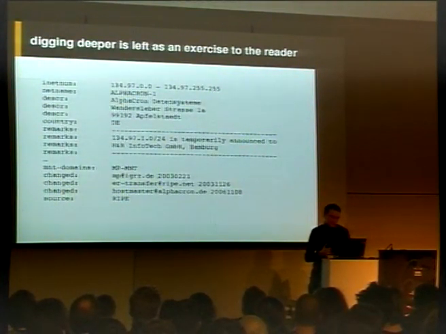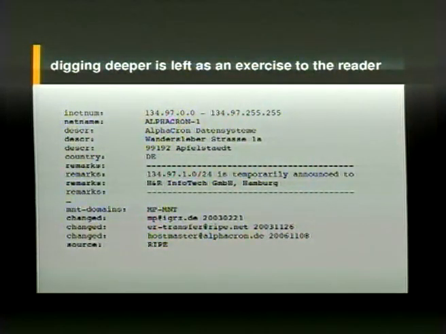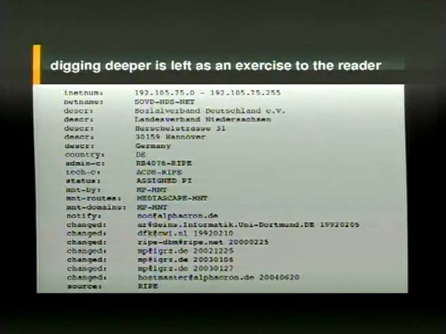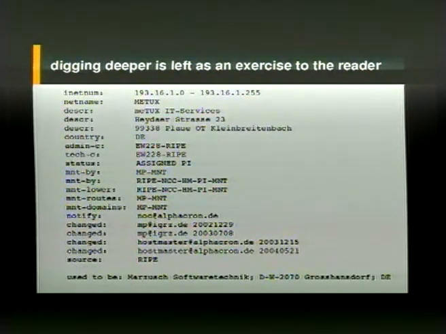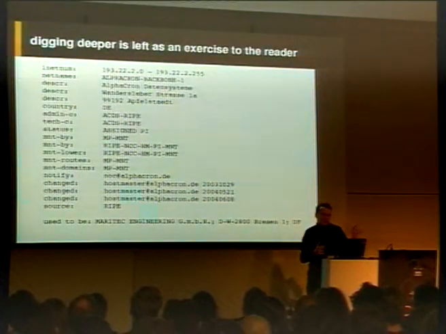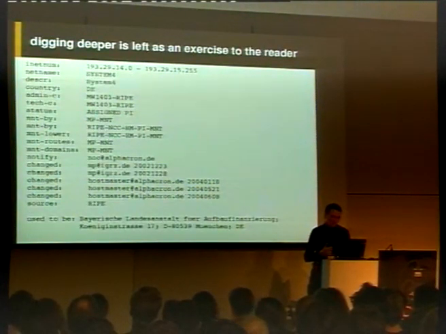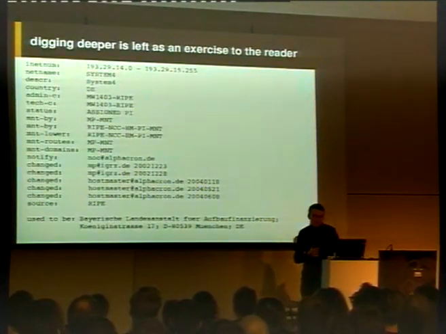Yeah, you can have a look for yourself. The maintainer is mp-mnt. I've done so far. This is a particularly interesting set. They do have their backbone network, which used to be an engineering GmbH, which is no longer existing. It's an old German postal code. Oh, they still do exist. The Bayerische Landesanstalt für Aufbaufinanzierung is now System 4. Whatever. So what is